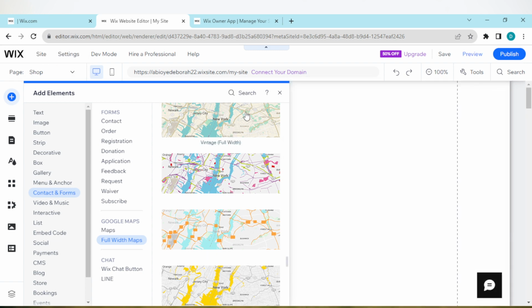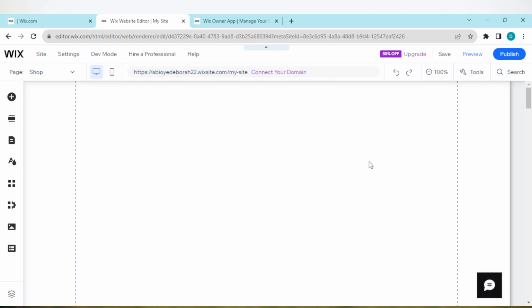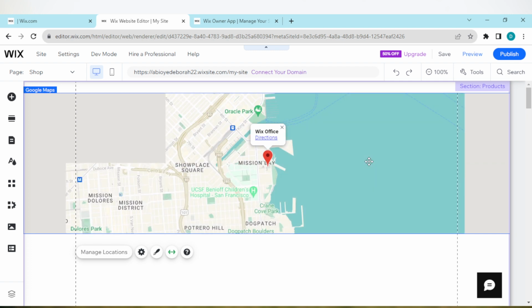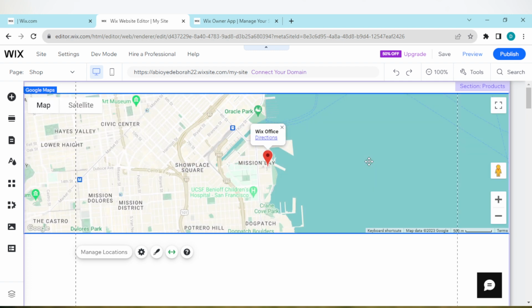to appear, just long press on the one you selected and then drag it to the page, just like that. So once you drag it to the page, it will load, and then the map will be added automatically to your website. So for you to be able to manage location, you can just click on direction here, or